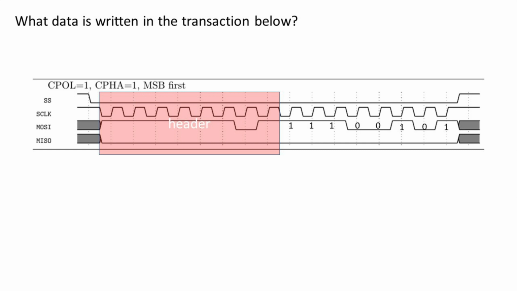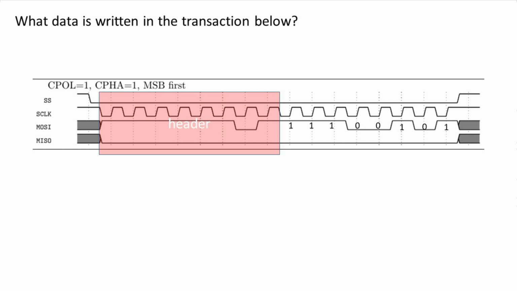And so really all you have to do is look at the bits in the payload section. The question here is, where do we look? Where do we read the bits? This is the hardest part of SPI. How do you figure out where each bit falls? Well, that's kind of tricky. Obviously there are these dotted lines here that help you. But you should look at this,